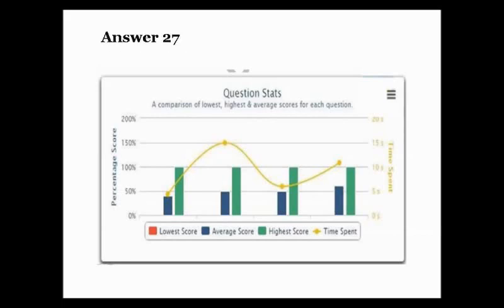The graph gives information about the question statistics as a comparison of lowest, highest, and average scores for each question. To begin with, we can see that there are several sections in this picture, including lowest score, average score, highest score, and time spent. According to the graph, for the time spent line, the largest number can be found in